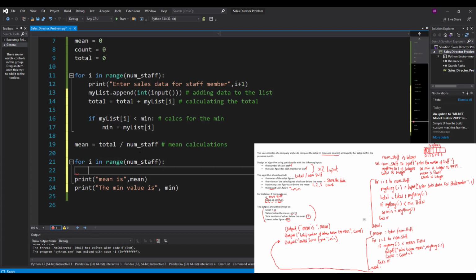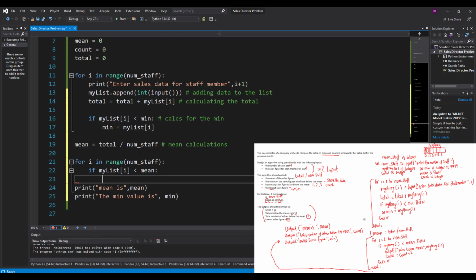Because I know the mean now, I can use my selection statement again to say, if the element in my list at the position of I, as I go up one by one, from 0, 1, 2, 3, 4, 5, if that's less than the mean value that I've got, colon, it should automatically indent me, then print out, so print instead of output,